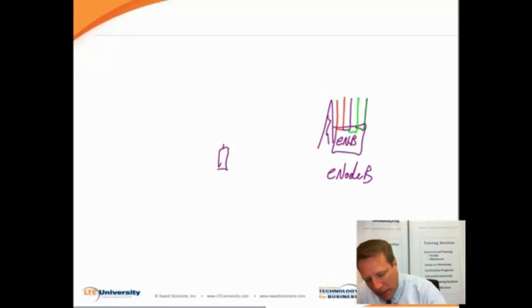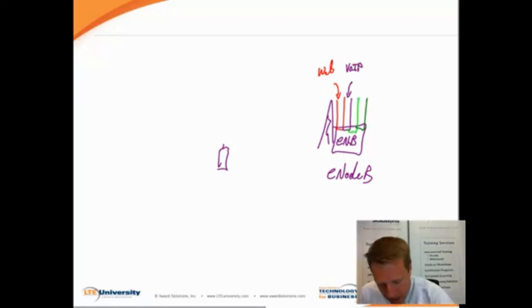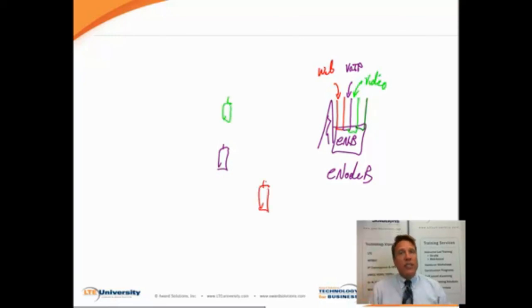So this might be web traffic for one particular user. This could be voice over IP for somebody else, and maybe we're even doing video for somebody else. So I have these different mobiles, or different devices, and as the eNode B, I need to make sure that everybody gets served in a way that gives the users a rich experience for what it is they're trying to do.